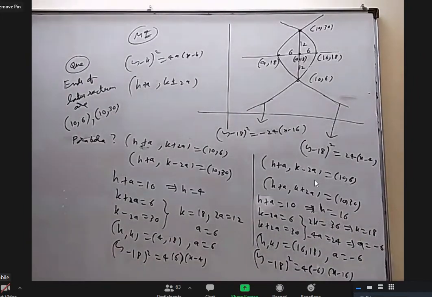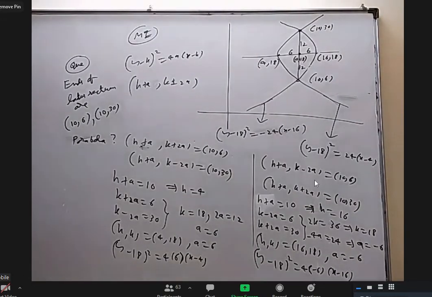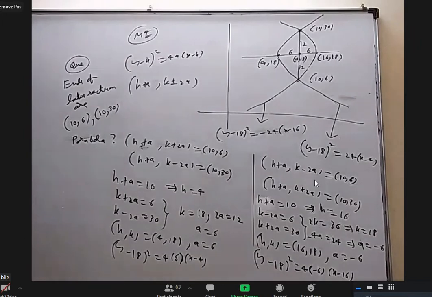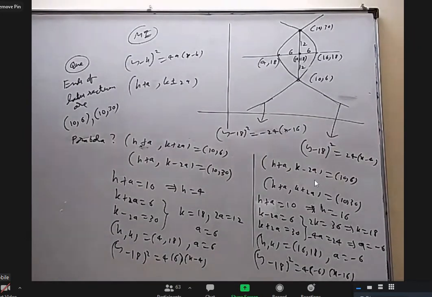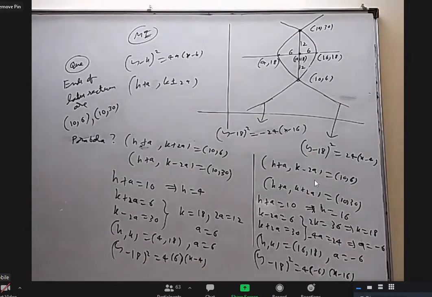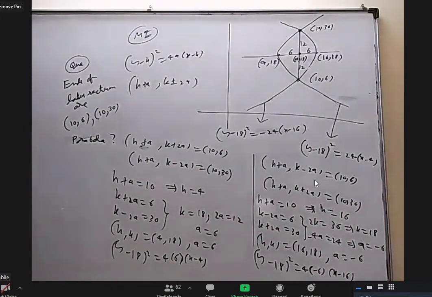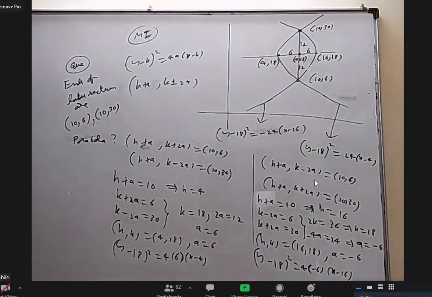The most important point is that the two points have the same x coordinate. Means they're on the same vertical line. That means the latus rectum is a vertical line parallel to the y-axis. Means it should be a parabola whose axis is parallel to the x-axis. It should be in the form of (y minus k) whole square equal to 4a into (x minus h). Further, the standard formula for the ends of the latus rectum are h plus a comma k plus or minus 2a. Which one is k plus 2a? Which one is k minus 2a? You can choose. Otherwise, from the figure also, draw.